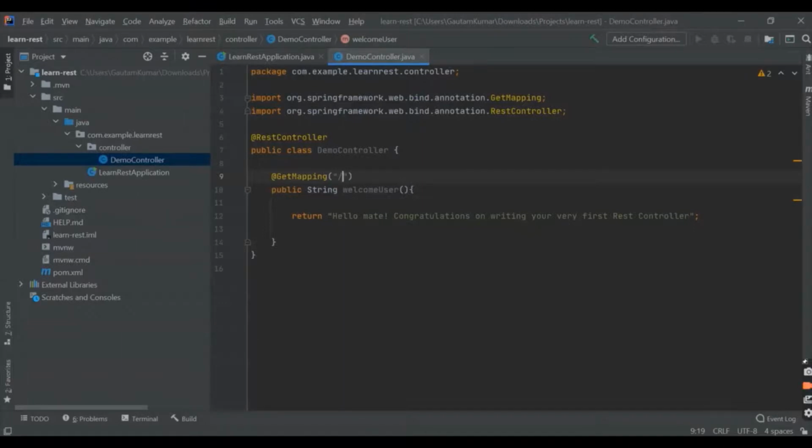Here we can just give something like welcome. So whenever the user hits the URL with /welcome, it enters this particular method and returns the value hello mate, congratulations to the user.